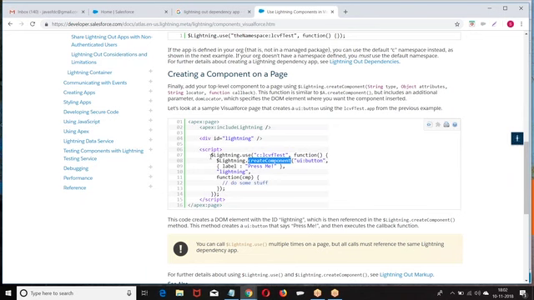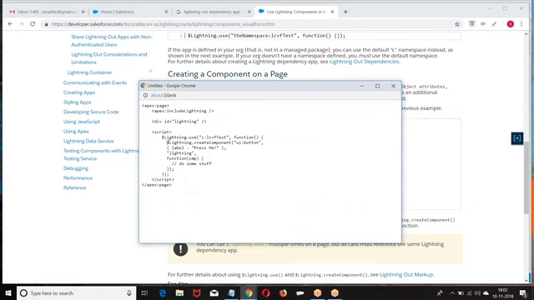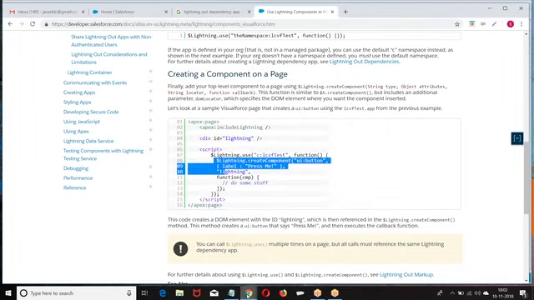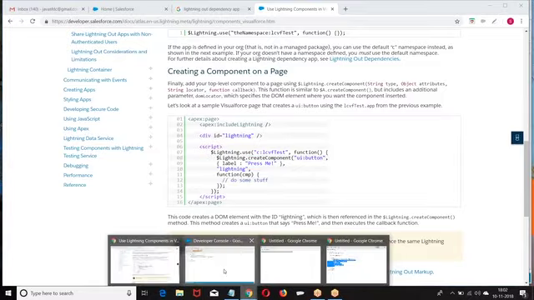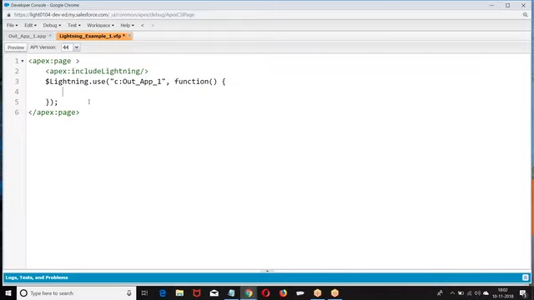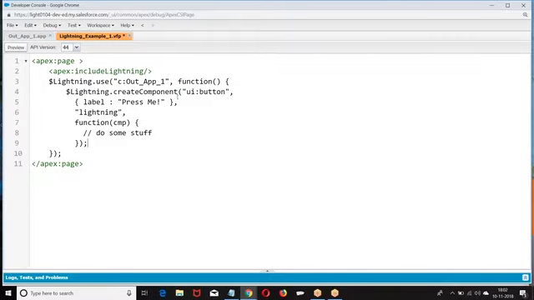So let me give some basic idea. How am I creating?